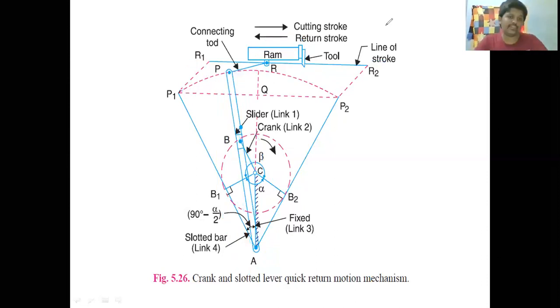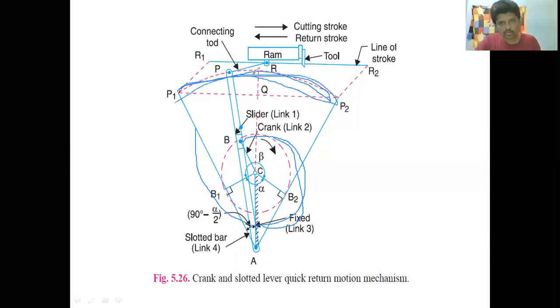Now I'll explain what exactly is happening. If you see, this crank starts rotating in this way. Now this is a rod, this is a crank. Now the crank starts rotating like this. Now what happens to this AP? AP starts oscillating, right? Now when the crank comes back again, what happens? AP will start to move the other way. That means this crank is moving in this way. Now the AP will start oscillating from here to here, that means from P2 to P1 and P2 to P1.